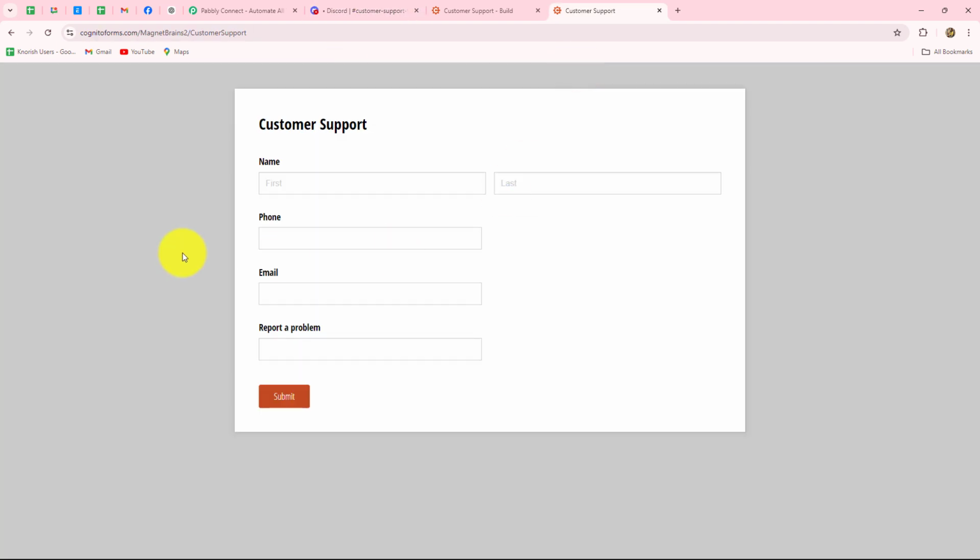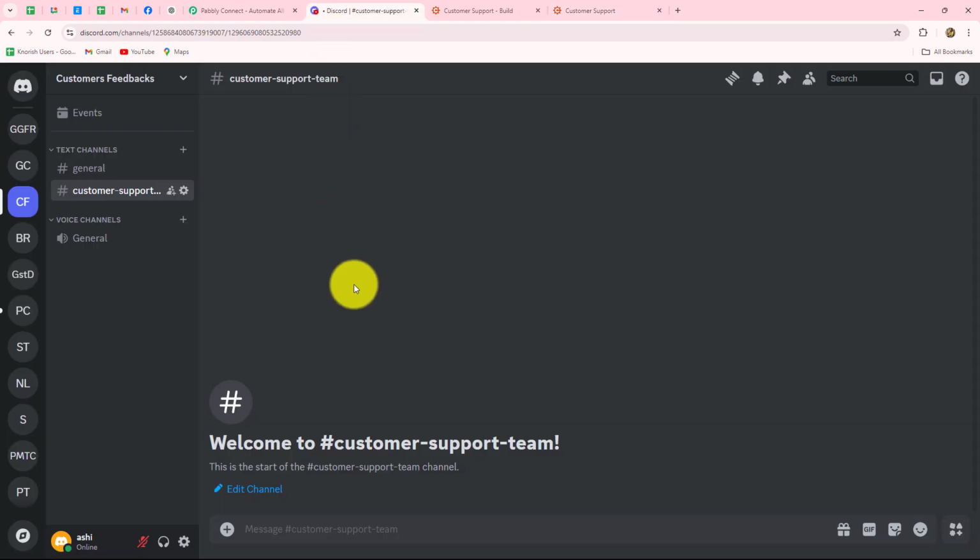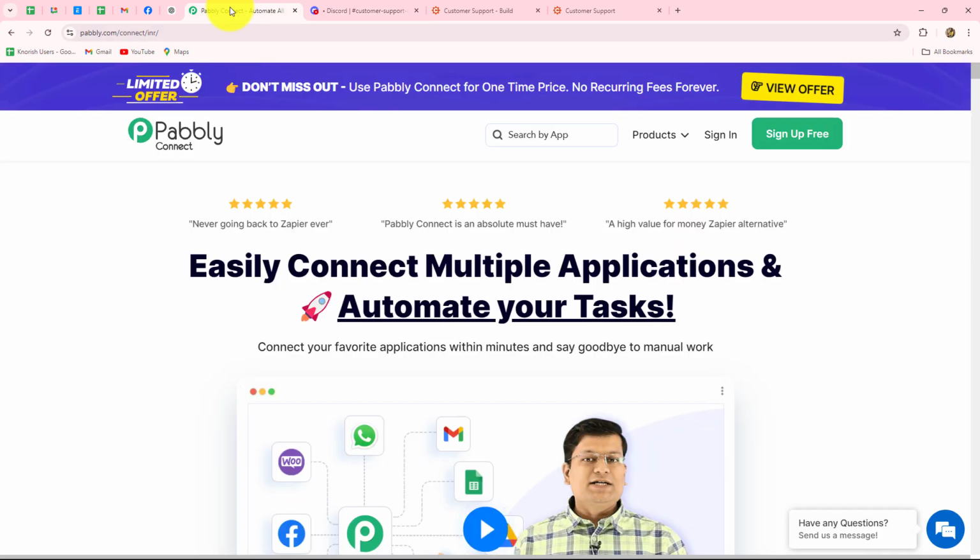members. Over here the problem is that whenever I am going to receive a new form submission, I could not type the message on my Discord community every time and send it manually. Therefore, I want to automate this process. For creating this automation, I will have to build some kind of connection between Cognito forms and Discord, and that we are going to do without any coding and programming skills with the help of this amazing automation software, Pabbly